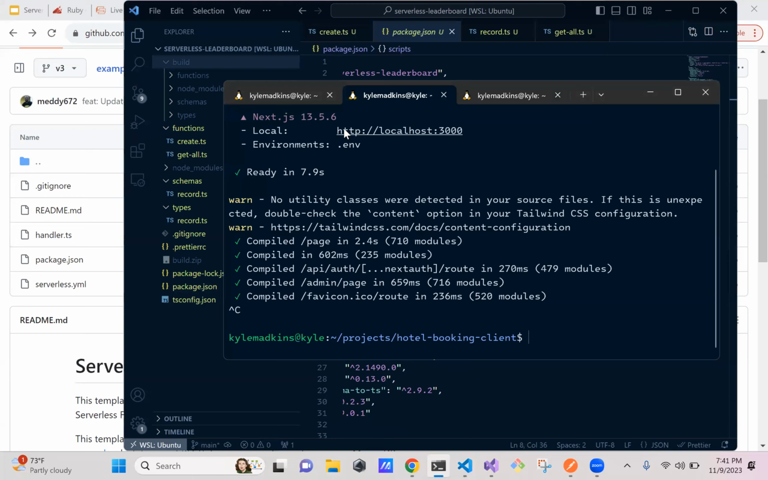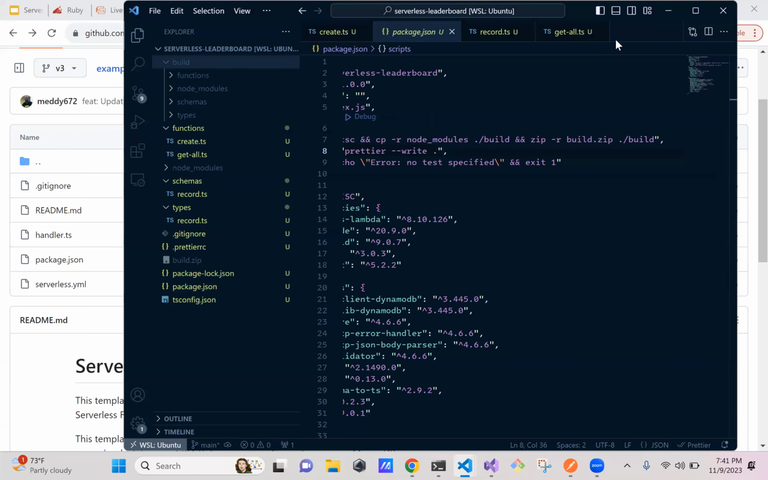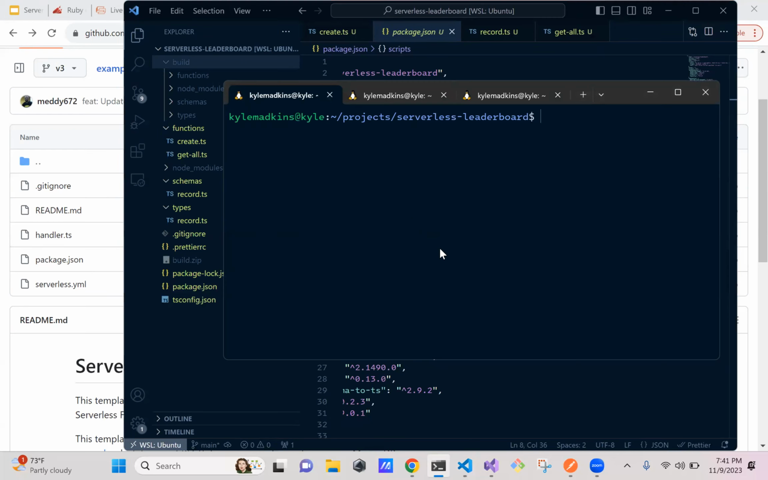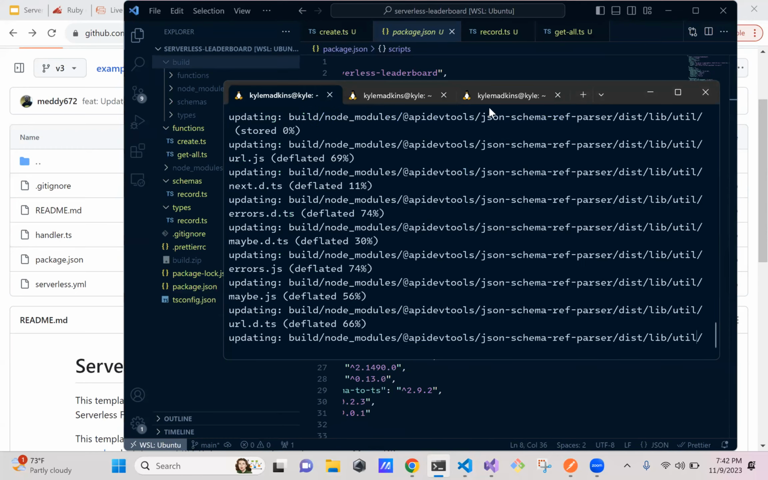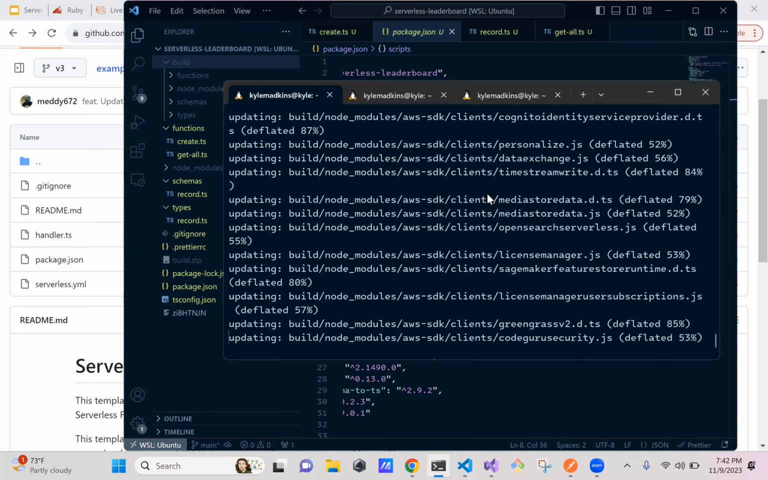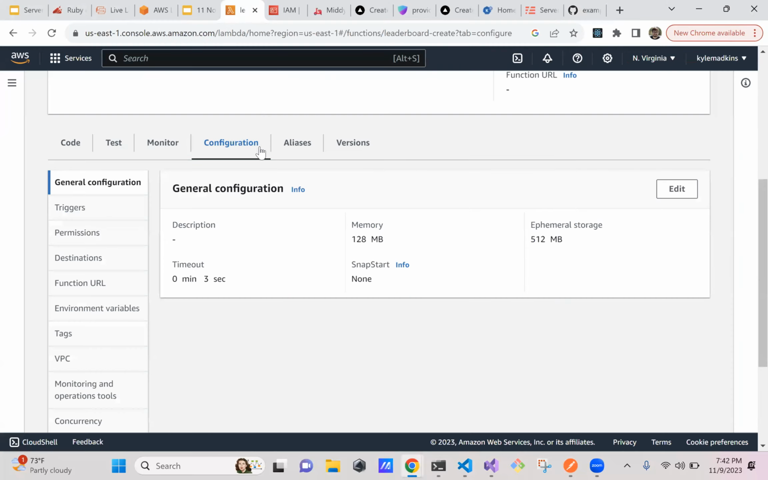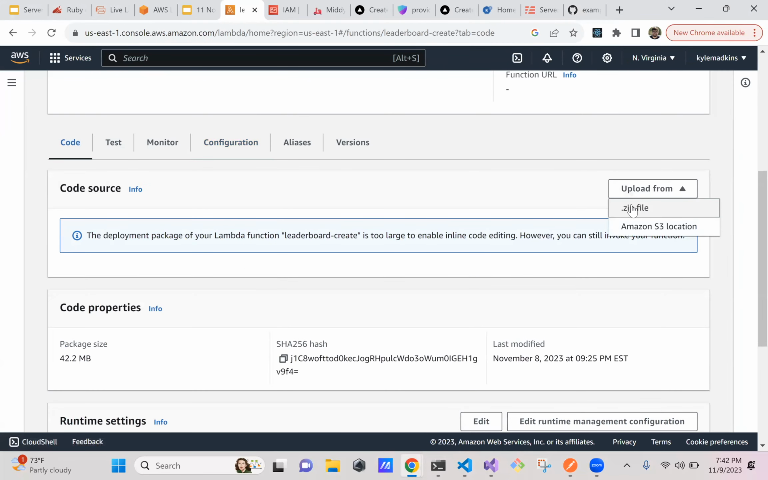So I can run npm run build. It'll zip everything up. The nice thing about the way that I set this up is I can have multiple functions in one directory and just upload the same zip to different Lambdas. It zips all that together, compiles the TypeScript. And then I go to my Lambda function code, and I upload that zip file that I created in